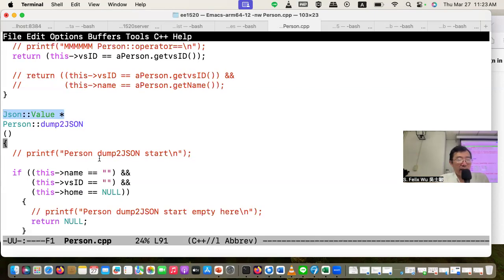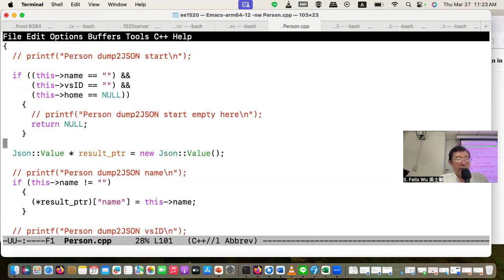Let's take a look at this. Inside the function, the first thing I check is whether you do have a name. If you don't have a name, and you don't have a VSID, or your home is null, then basically I'm not going to return you anything. Oh, actually I realize this is a bug.